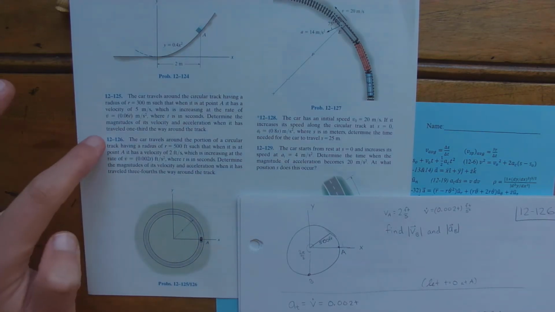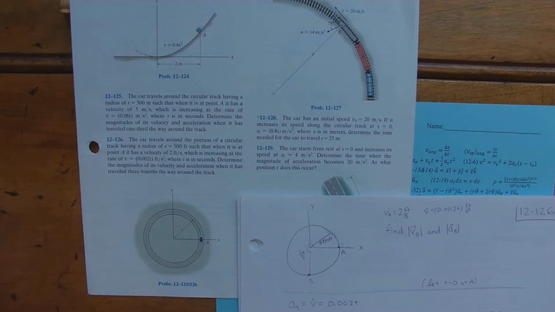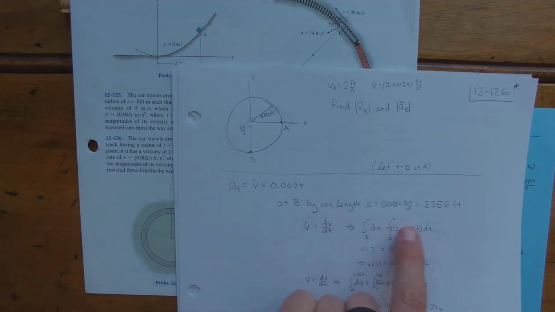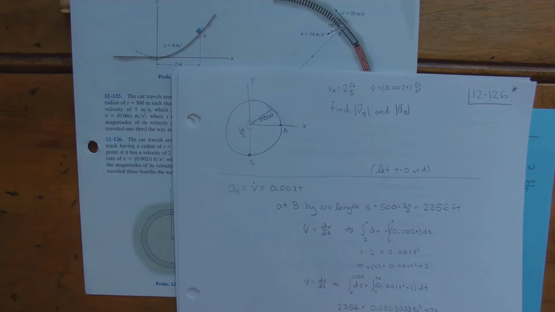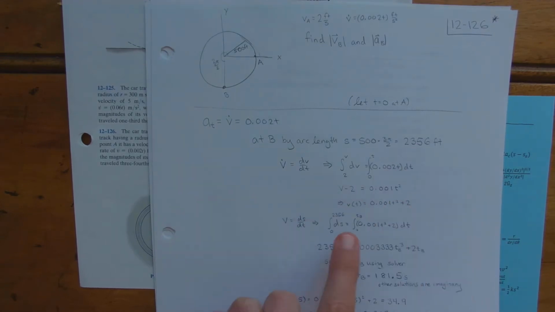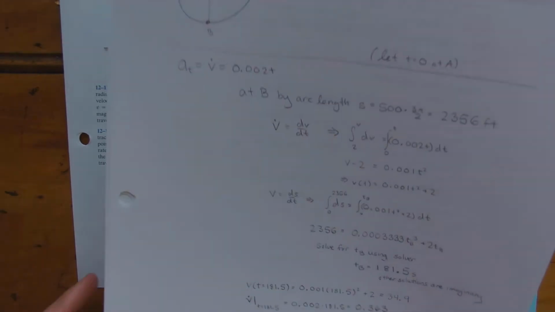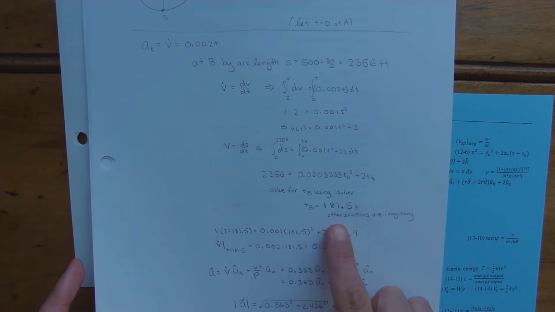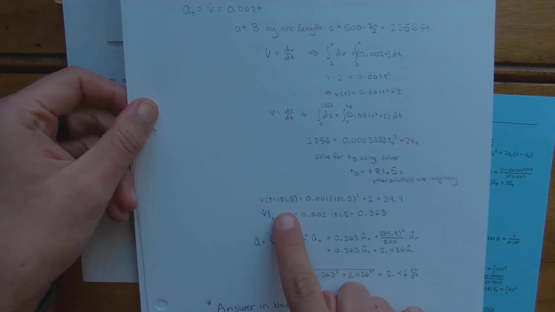Okay, so this has different numbers than problem 125, but you basically solve the problem the same way. So you have v dot, and you can find the arc length, then you can integrate and keep the upper limits of integration symbolic just like we did in the previous problem, then integrate again, and now you can plug in s at point B, and we're going to find the time at point B, and then you can solve just like we did in the other problem using a solver. So use a computer, the other solutions are imaginary, and then put this time into your velocity equation to find